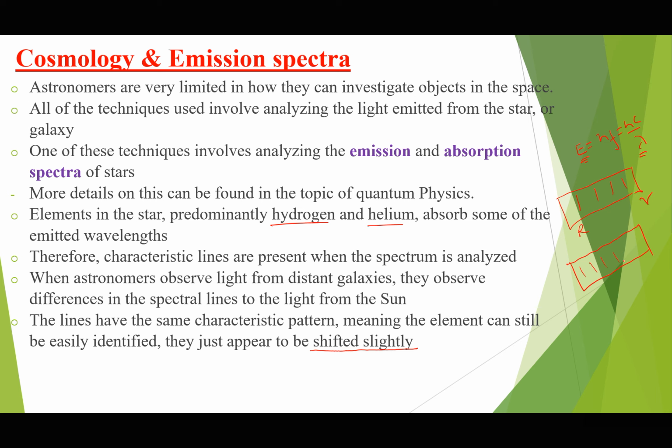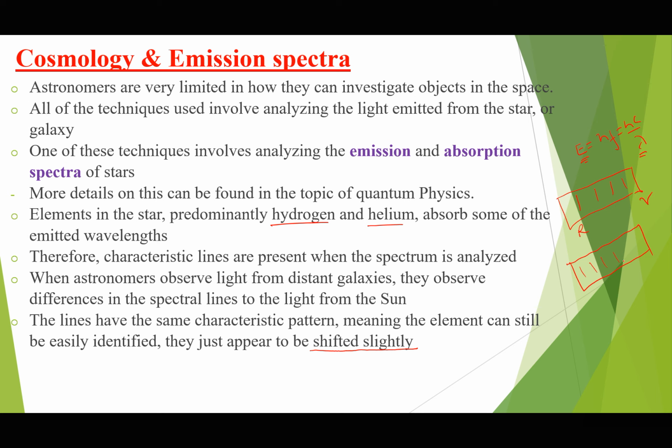So the lines have the same characteristic, which means the light is passing through the same material. Light is passing through the same, say, hydrogen and helium, because all stars are surrounded by hydrogen or helium. They're surrounded by cooler layers of hydrogen and helium, which means the lines are going to be almost similar. The only difference would be that lines observed in light coming from a different star or a different galaxy could be slightly shifted to one end of the spectrum, which we are going to call the visible spectrum.